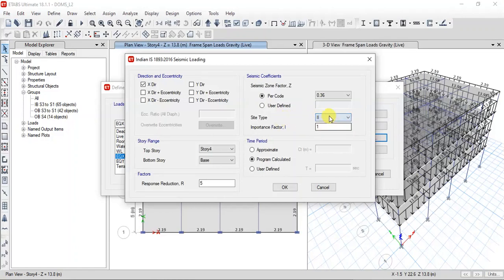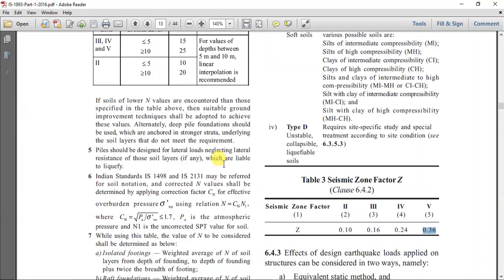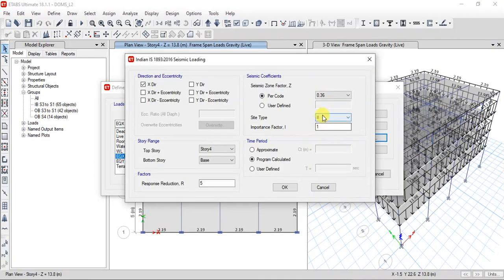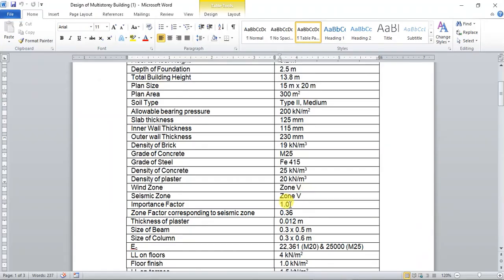There are 3 options. So for more information, please read IS 1893, where you will be able to get more knowledge on this soil type. And the importance factor given here is 1.